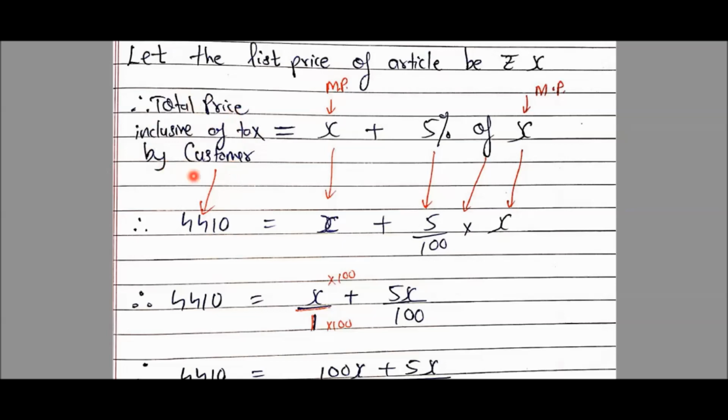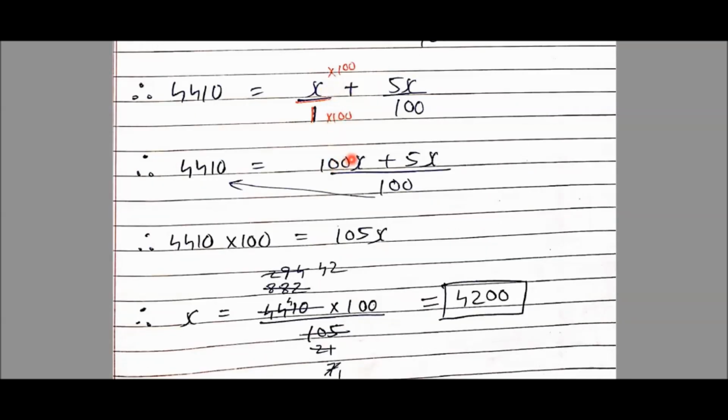Total price paid by the customer is given to me as 4,410. I just copied it. X as it is copied, plus as it is copied, plus 5%, I can write 5 upon 100. Of means multiply, X as it is X copied. So this became 100X plus 5X, and the common denominator 100. This 100 will be multiplied on the left hand side top, right, like this, and this became 105X, and so